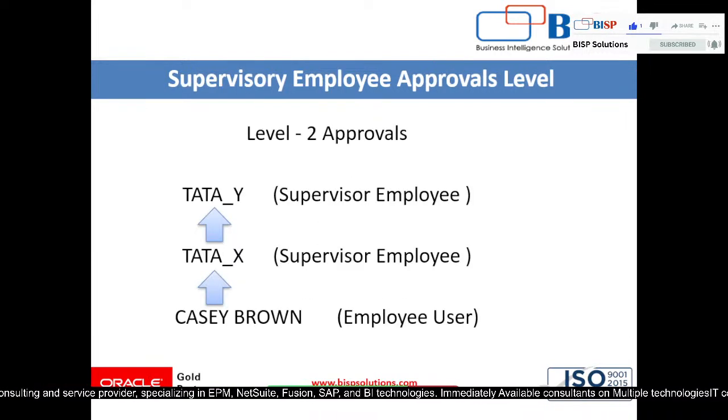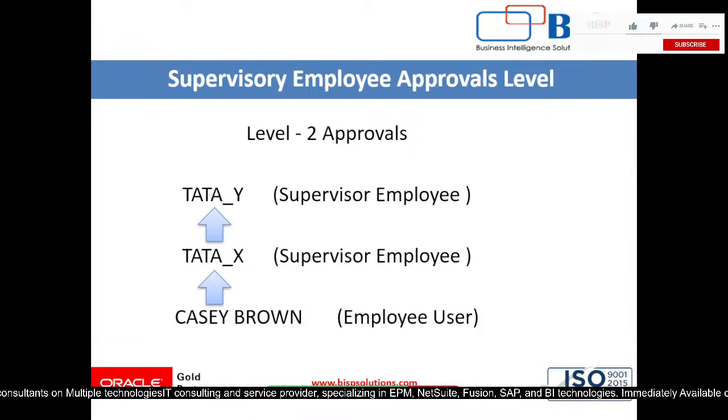So in that scenario, Casey Brown will create the requisition, and the approval goes to our Tata X. This is our supervisory employee, and this supervisory employee has one more supervisory employee, that is Tata underscore Y, right? So approval goes to both X and Y,